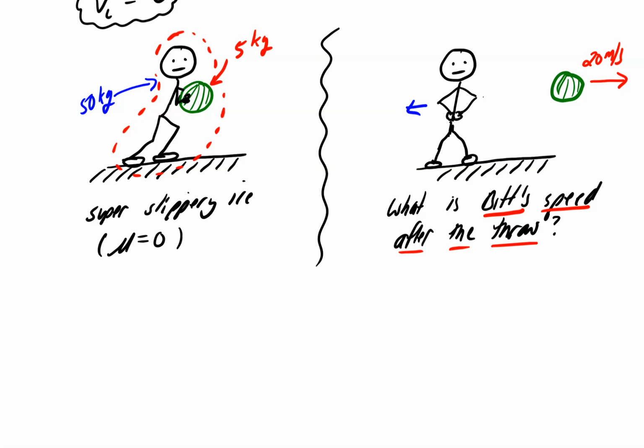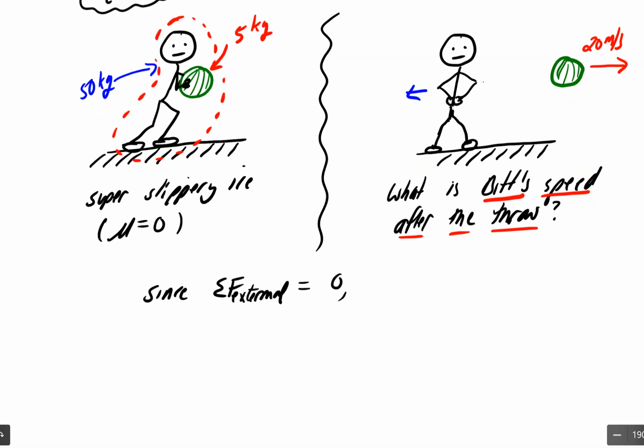So basically what we have is gravity pulling down on Biff. Biff is actually holding up the watermelon. Don't worry about that though, because he's holding it up. So you can think of gravity as pulling down on Biff and the watermelon together, but the force of the floor upward is completely matching gravity. So in this case, we can say that the net external force is 0. So since all of the outside forces, gravity down and normal force up, equal 0, we can say, let's see,